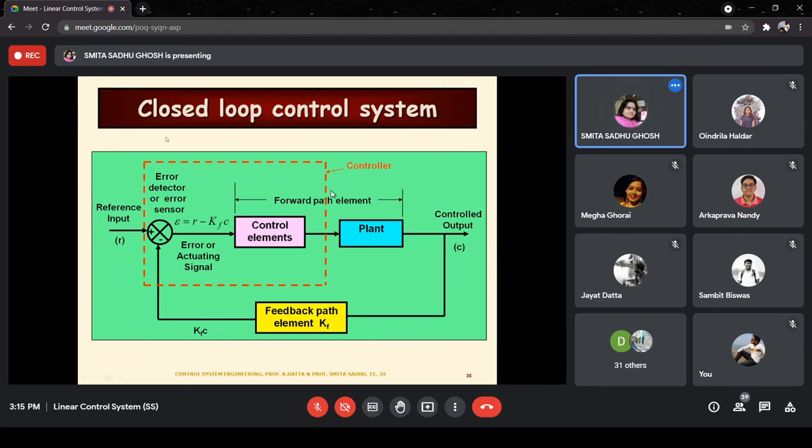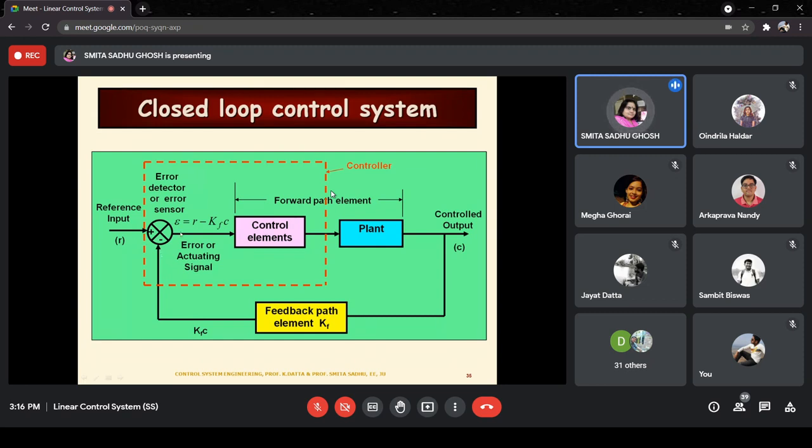There is a dotted box that is shown over here. So the dotted box actually overall denotes what we call a controller. If you try to compare this with the controller in the previous slide, not the previous one, but the one before that, in the slide with the open loop system, we had a controller block. This whole block from here to there, whatever is enclosed within this dotted red block, denotes the controller.